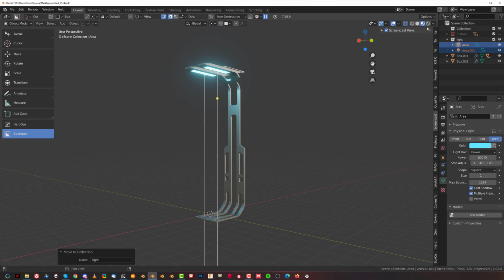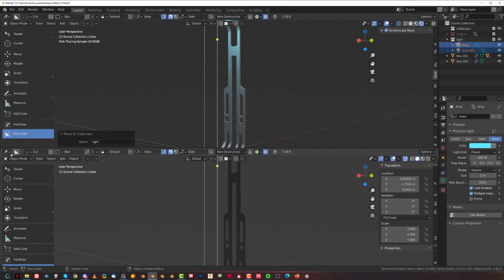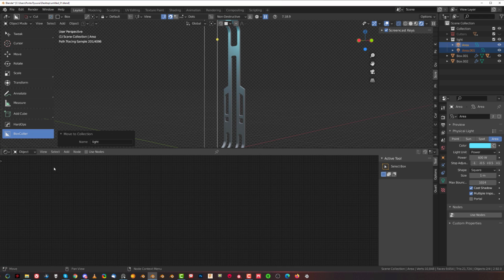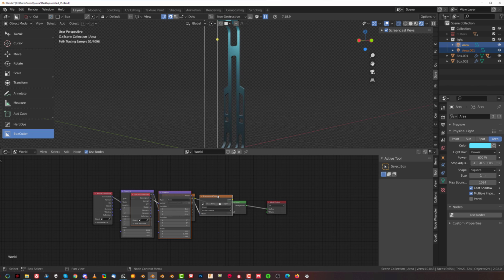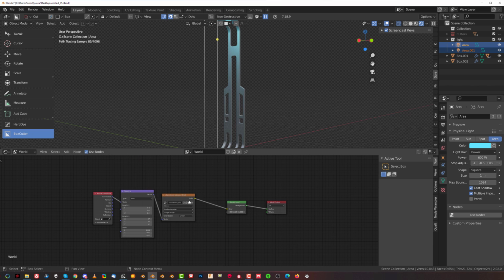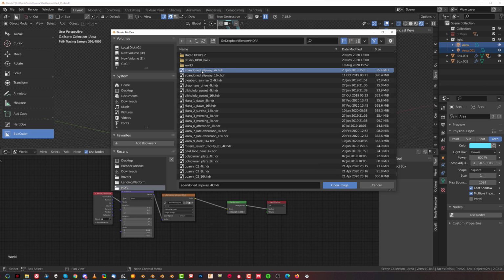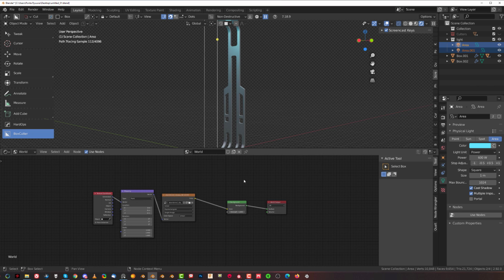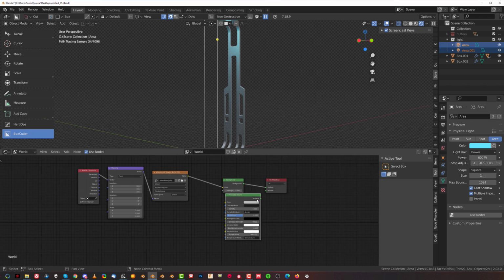Okay, so if you're going to go to EV, right, and let's just go to shader editor and world, and if you don't have these nodes, enable node wrangler add-on, and then simply press Ctrl T, which will add these nodes. Click here to add the HDRI. So HDRI, and on top of this we're going to add principled volume. Plug it to volume,